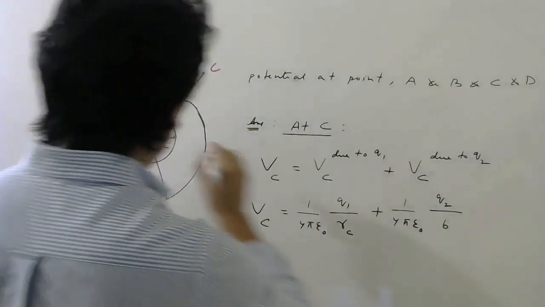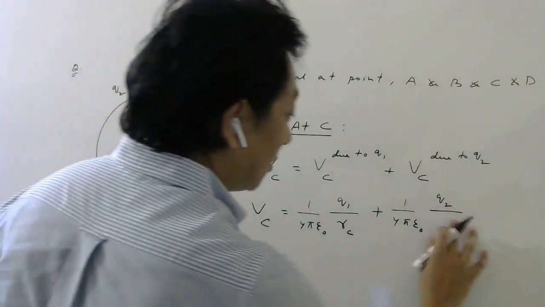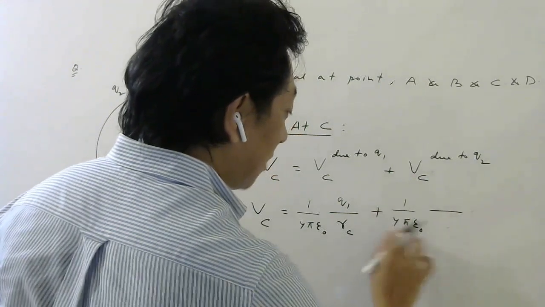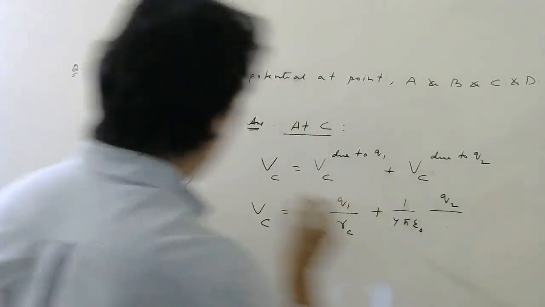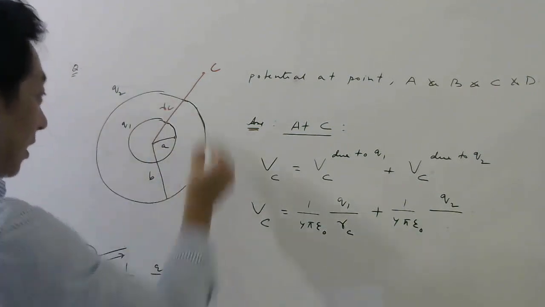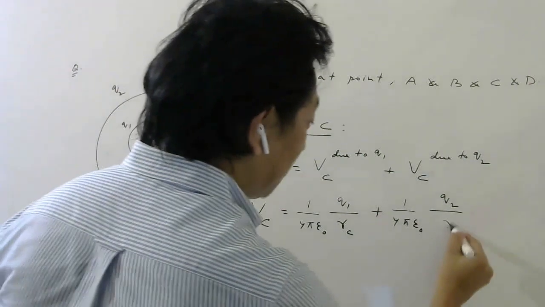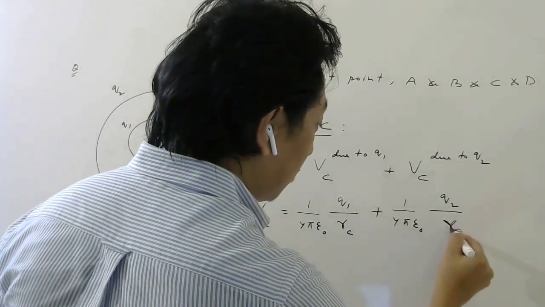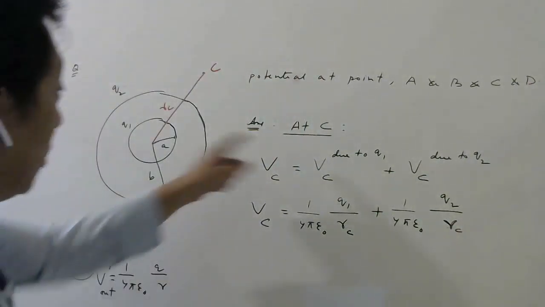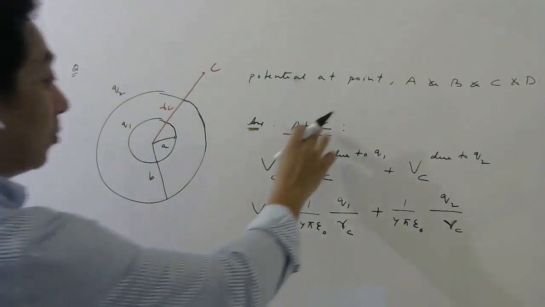And for this shell, where is this point? Outside only. So since it is outside, potential will be 1 by 4 pi epsilon naught Q2, this shell, and distance will be from center of this shell to the observation point, which is again RC. So see how different formulas are coming, depending on which point they ask in exam. Then let us ask at now point D.